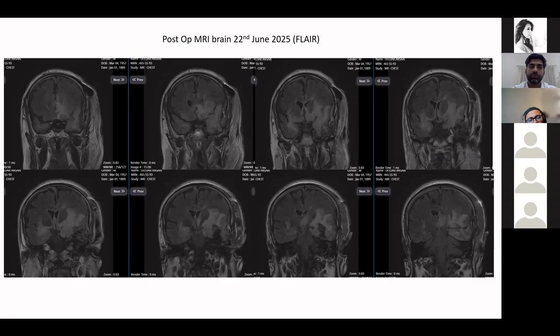Additional sequences like diffusion, DTI, and susceptibility are extremely helpful in deciding the aggressive nature of a lesion, and whether it is multicentric, or whether these areas of internal susceptibility are connected to each other. So I guess looking at the DICOM images gives us quite extensive information, and